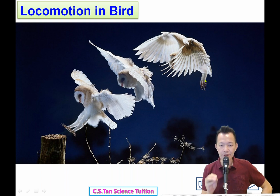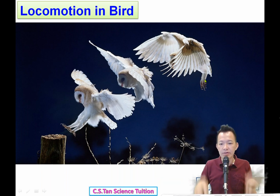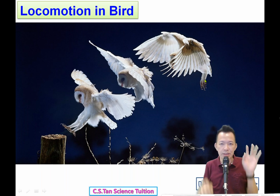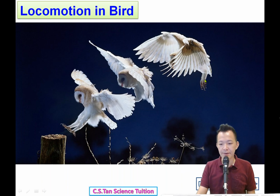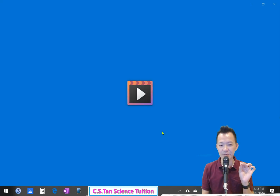Okay, locomotion in birds. How can birds fly? 鸟到底怎样飞？Okay, not like this, because you cannot see my hand, so I must fly like this. So how can birds fly? 有什么方法可以飞呢？Okay, before I start, we may be watching the video. I also don't know what is in the video. 里面到底是什么来着？忘记了。